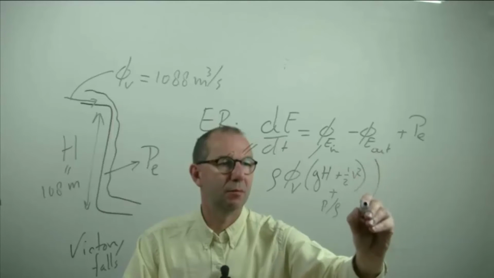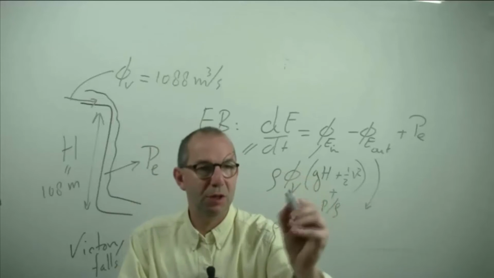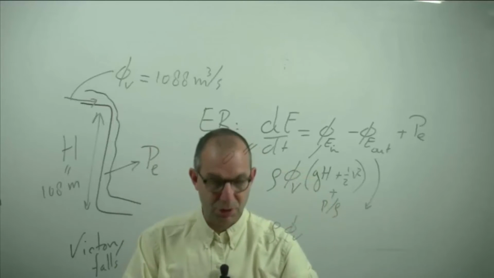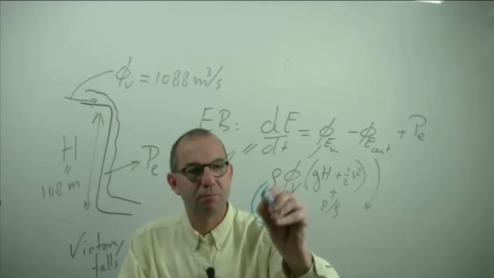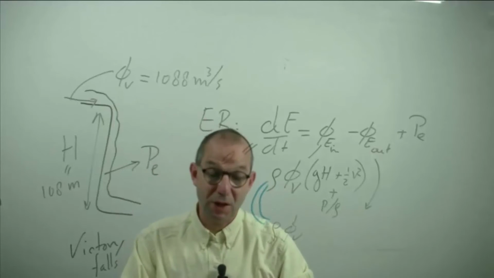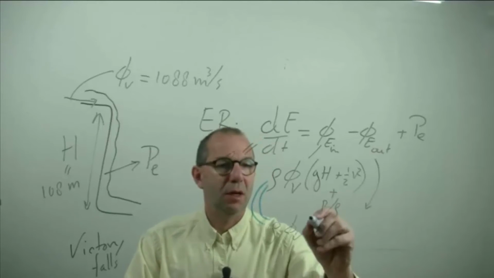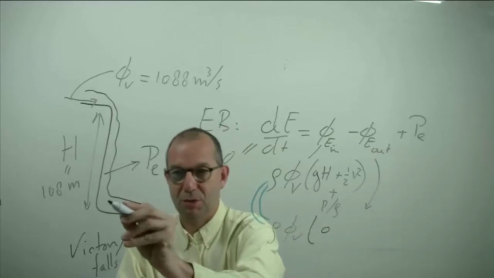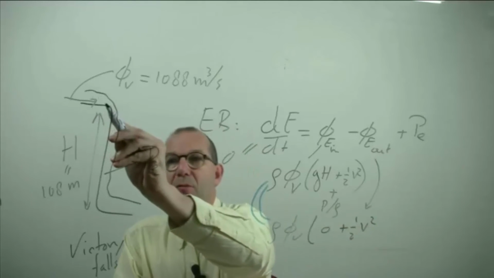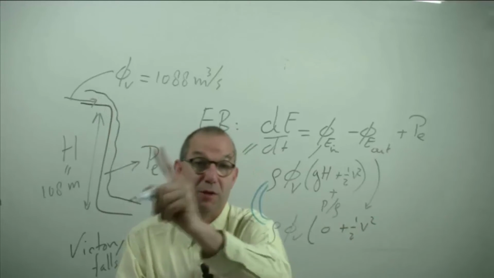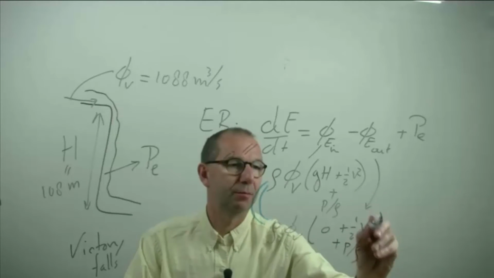What goes out? Well, the same mass flows out, so I don't need to index the mass flow rates. I can use the same. If you really want to be sure, set up a mass balance and in steady state compute what flows in and what flows out. Okay, it has 0 potential energy because it's down at ground level. It has the same kinetic energy because by and large the water coming in, velocity here, must be the velocity here as all the water has to go through, and it has pressure energy.